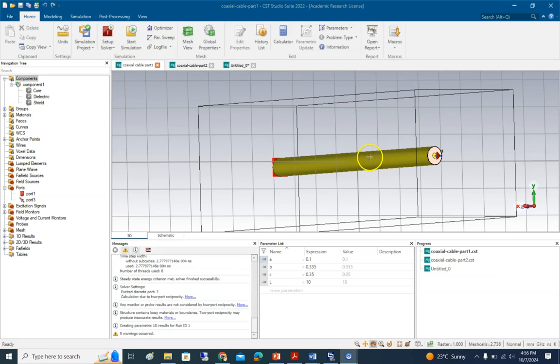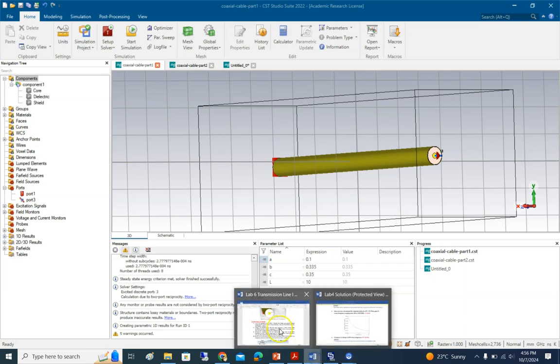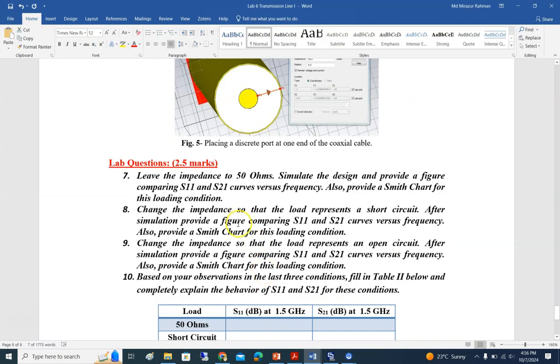So we are done with the simulation. Let's have a look at the questions that we are told. In this case, we have to have a look into this picture, because we are talking about the impedance here mostly, and in this part, the reason behind choosing this discrete port is